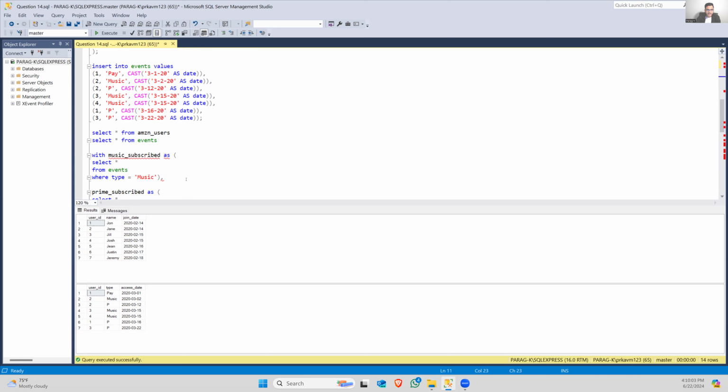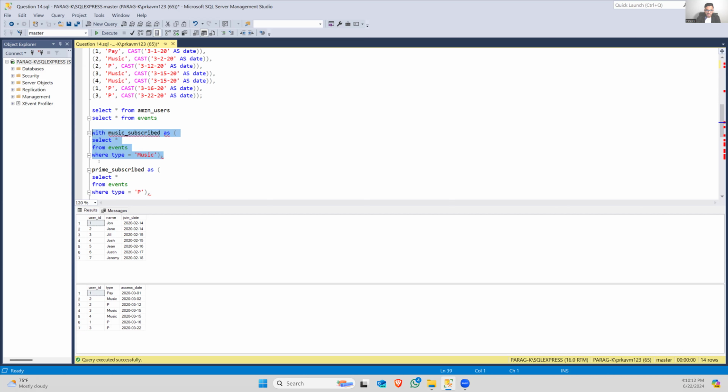As I mentioned, I only want somebody who is subscribing to music. So what I have done here is used the music subscription and a where statement, selecting everything. If you look at this, the events table, this is the Amazon users table. So from the events table, what I've done is that,